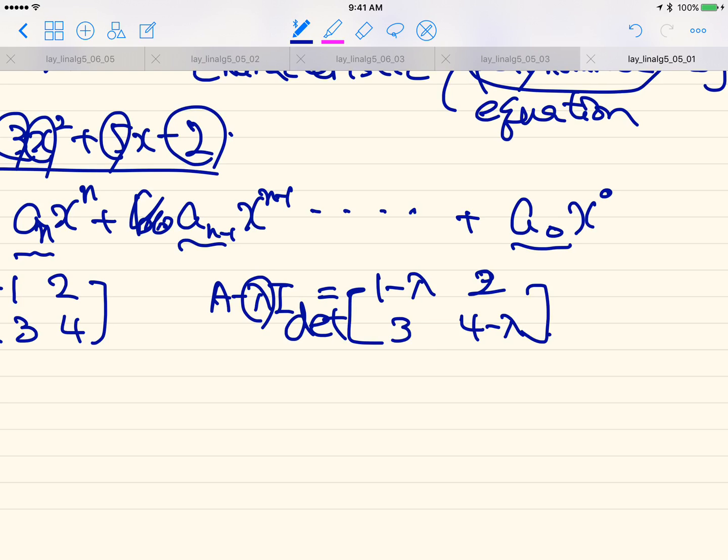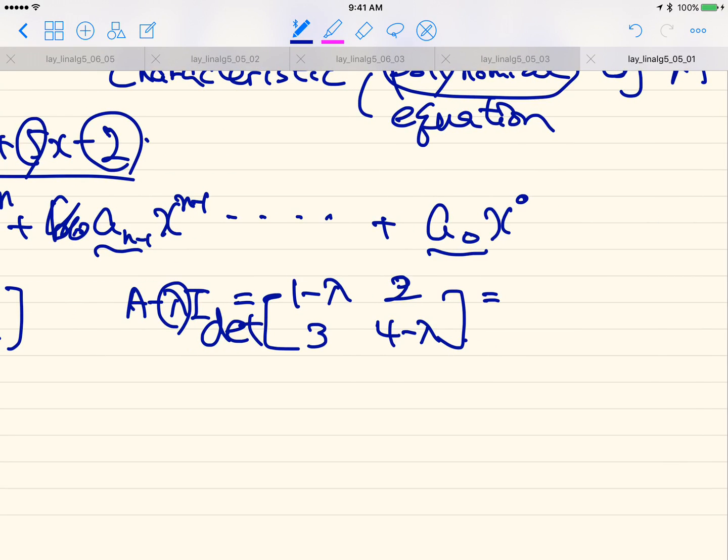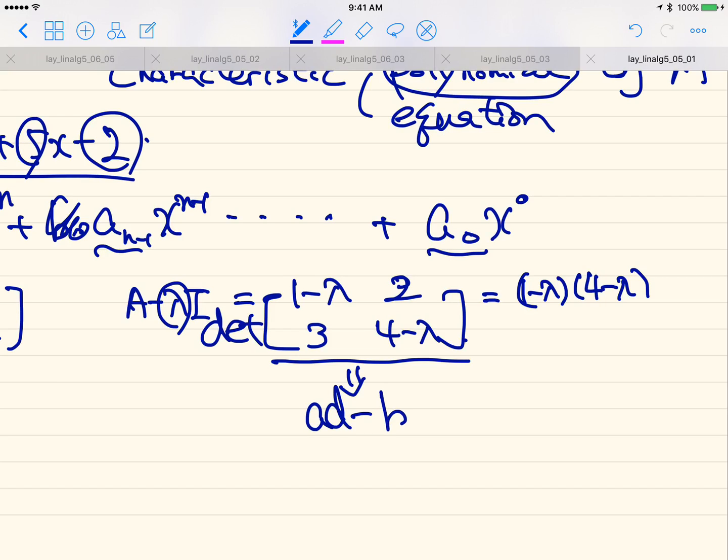It becomes (1 minus lambda)(4 minus lambda), because the determinant formula in general is AD minus BC, so we multiply the diagonal elements, 1 minus lambda and 4 minus lambda, and